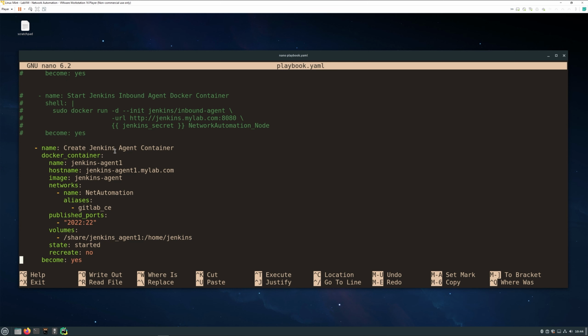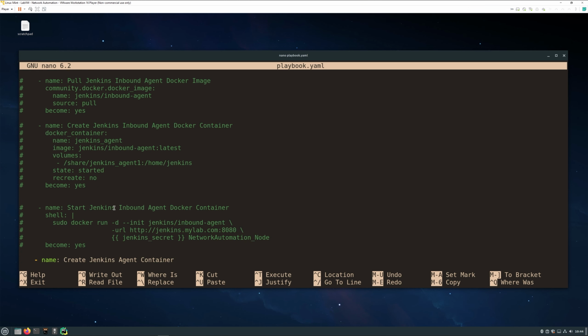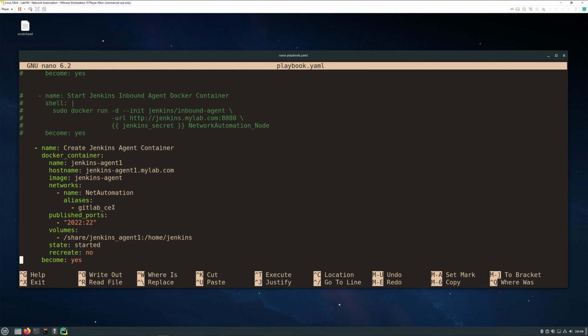So I have the next one. Okay, so now I create the Jenkins agent container. Oh yeah, I remember. I was pulling the Jenkins inbound. So there's a Docker image called the inbound agent from Jenkins, and I was messing around with that. I had some issues. I don't remember what it was, but